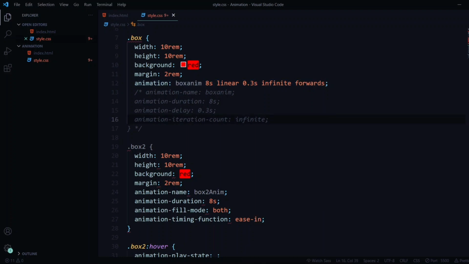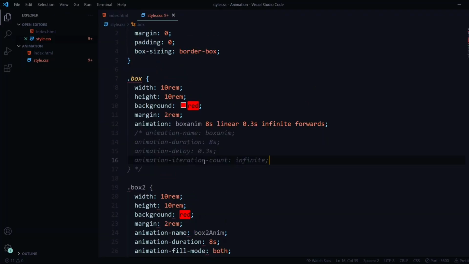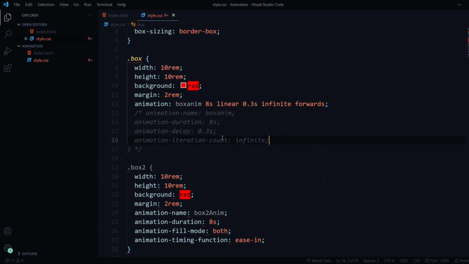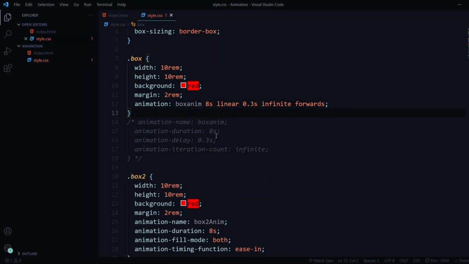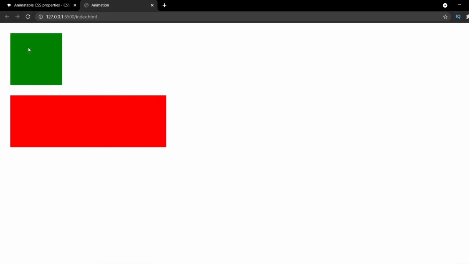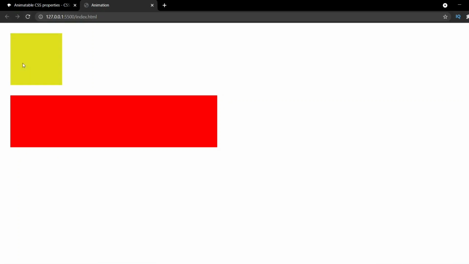Now if I go back to Chrome and refresh, you can see we haven't closed it, that's why there's an error coming up. So we'll close it over here and save it. Now if I go back to Chrome and refresh, you can see it still works the same. Our box still works the same even when we have used just one single property. The animation is also linear from the first one till the last one. Everything that we have used is linear, the timing function is linear, and it goes on for an infinite amount of time.